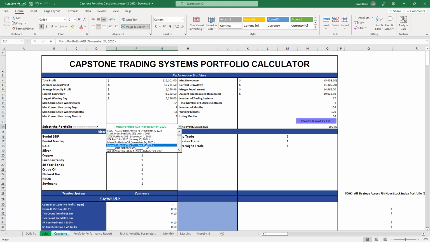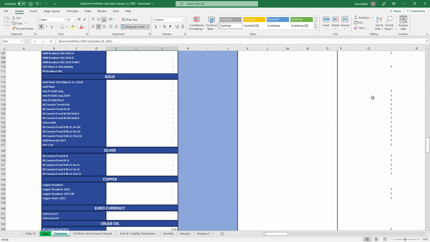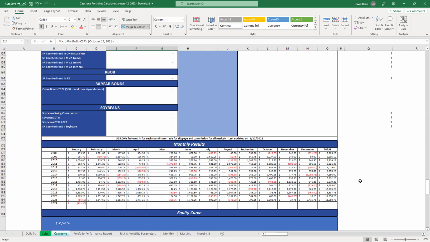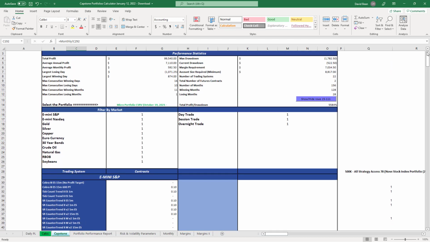And then you have the conservative micro portfolio, which only has 22 strategies, and you can see how it's done, up 24. It also had a really good December at $2,400. It's down $400 this month. And then let's see,